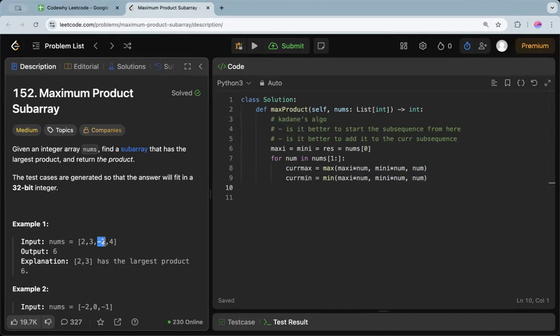From the largest most value, when you multiply with the negative sign, it could just flip all the way to the bottom. It could all of a sudden become the minimum most value. And likewise, the minimum most value can just flip and become the maximum most value as well. That's why